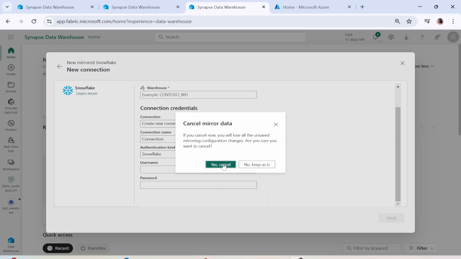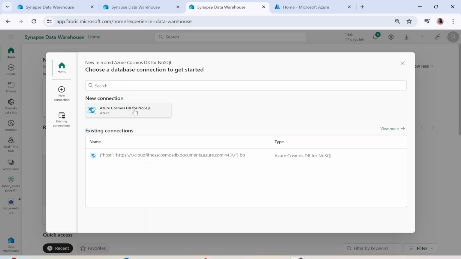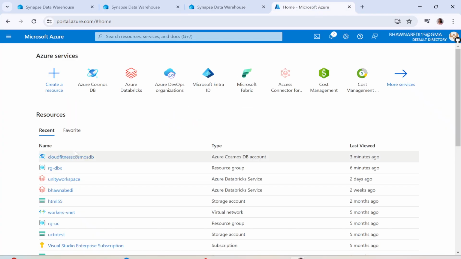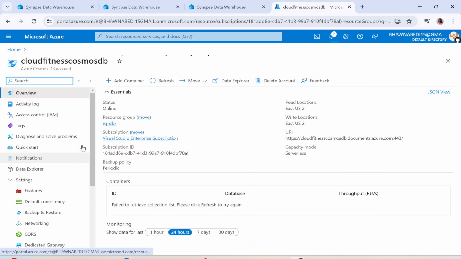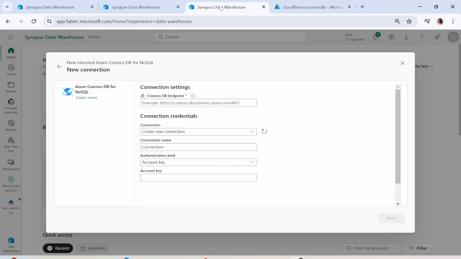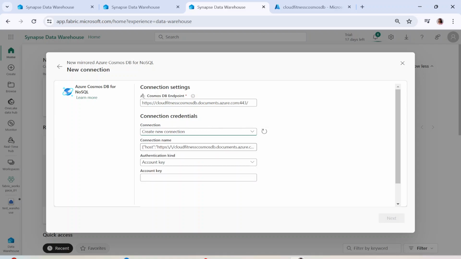Similarly, if you want to do it for Cosmos DB, let me click on the new connection over here. The moment I do that, it asks for the Cosmos DB endpoint. I've just created a Cosmos DB endpoint. There's no database over here, but you can see this is the Cosmos DB endpoint. The moment I copy it and put in this Cosmos DB endpoint, you can see there was already a connection that was created, or you can create a new connection.